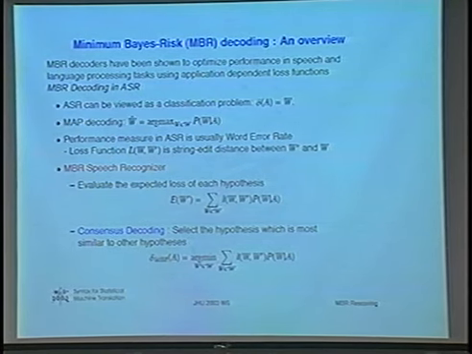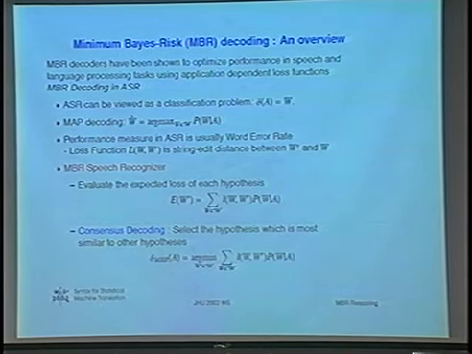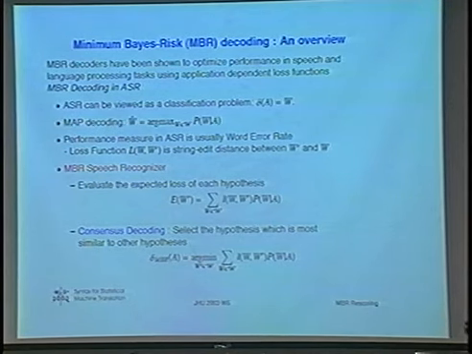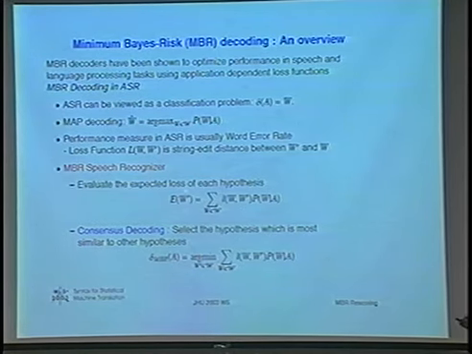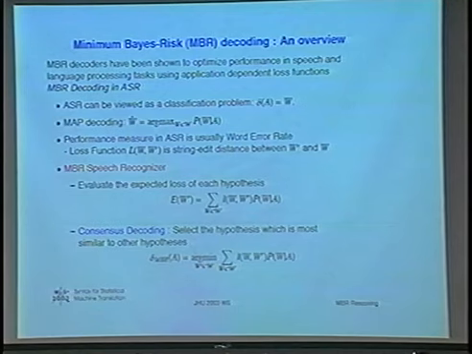So there is a mismatch in the decoding criterion and the evaluation measure, and MBR, the minimum Bayes risk approach, attempts to rectify this mismatch. The main procedure is to obtain the expected conditional risk of each hypothesis. So risk is computed as an expected loss: you take each sentence hypothesis and compute its expectation according to a loss function. The loss function is usually the Levenshtein distance.